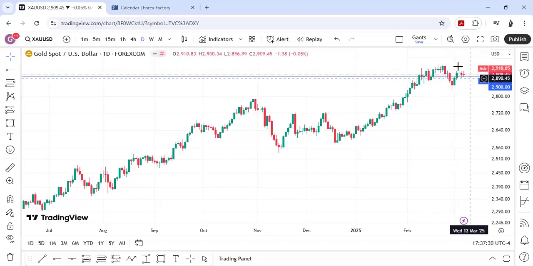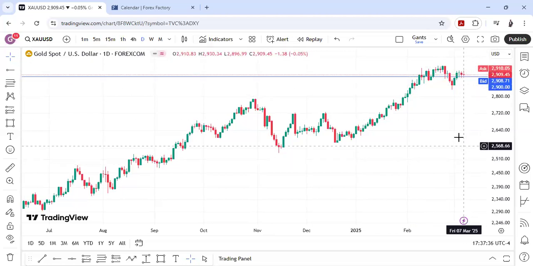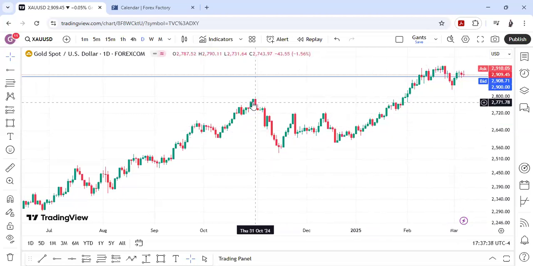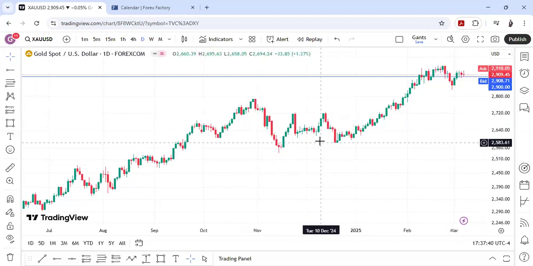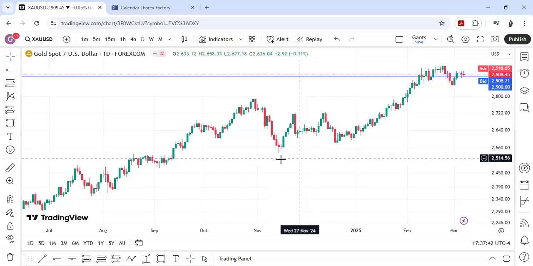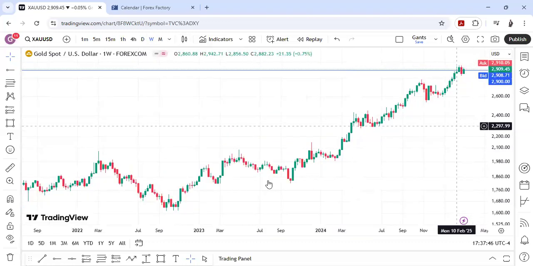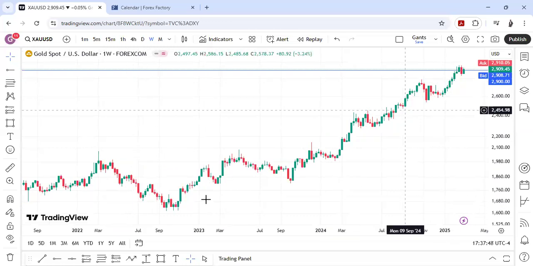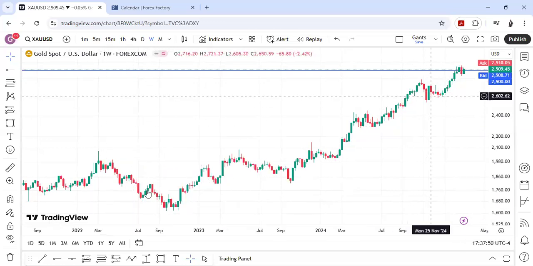So if it consolidates here this week, and then the dollar starts to rally, it will force this asset to decline aggressively. It breaks below this old high. We have this low here, this pool of liquidity here, and we have a lot of downside objective for the gold